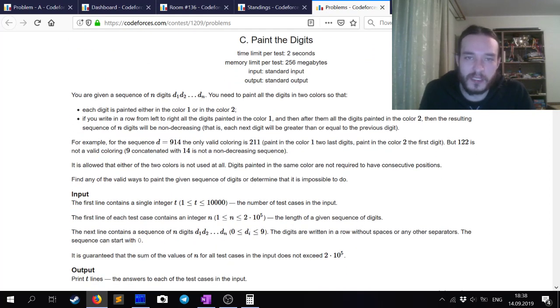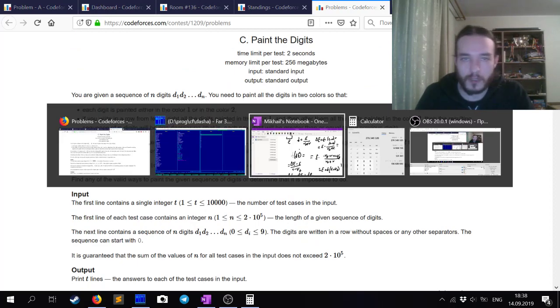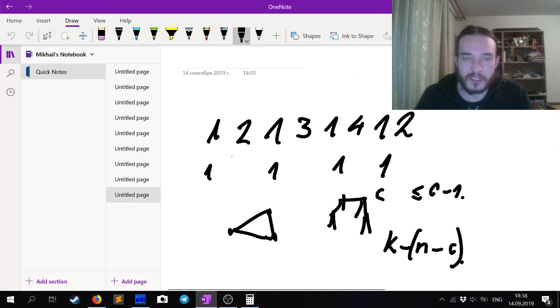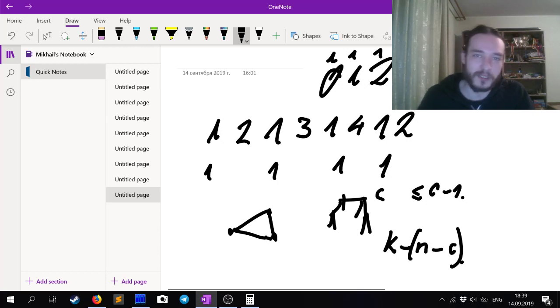In C, what we're doing is that the color 1 will always include some smallest digits. The color 2 will always include the entirety of some larger digits, and then there's going to be some digit where some of them are color 1 and some are color 2. So we'll try all options for this middle digit, and then we'll go from left to right and color all